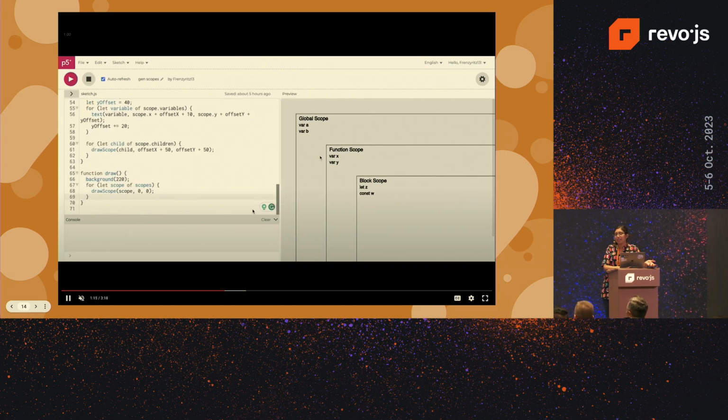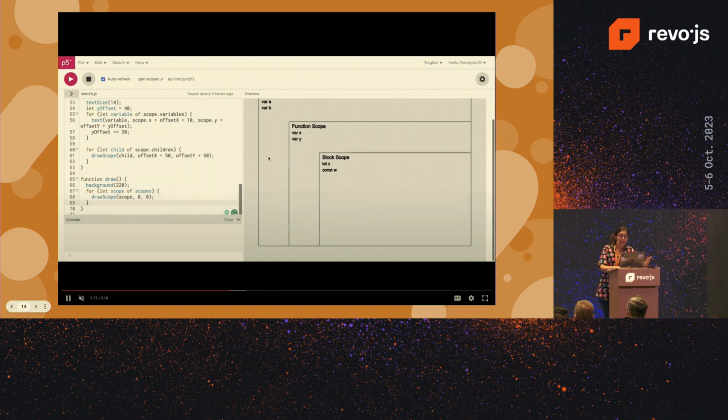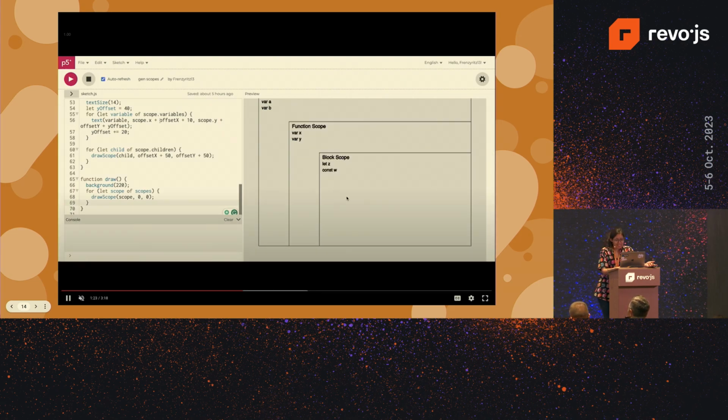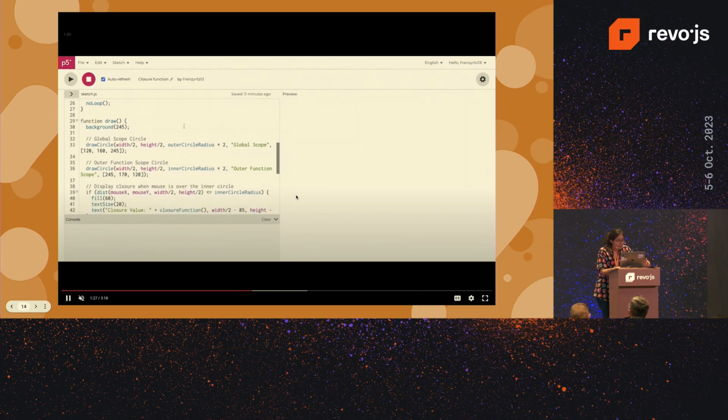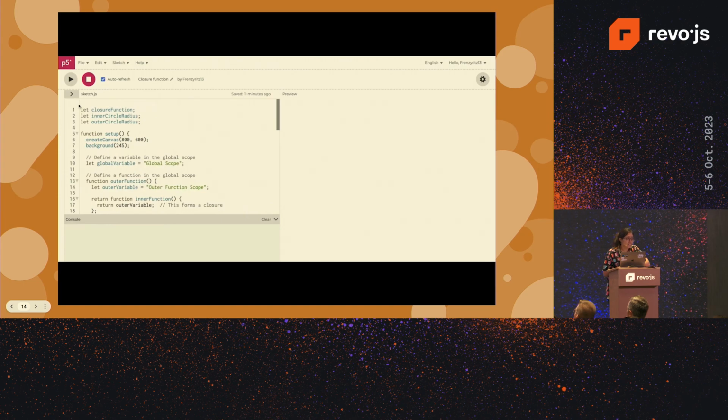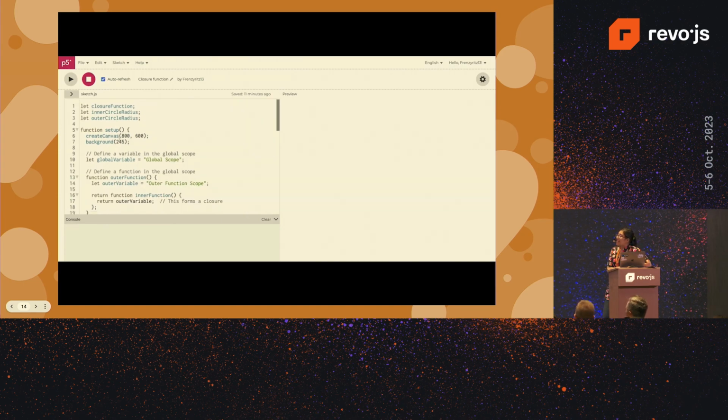There you go. Simple visualization. I'm accessing the variables as I'm getting out of that scope. Nothing too fancy. All right. Closure. I actually worked on this visualization quite a bit, and after multiple iterations is where this is